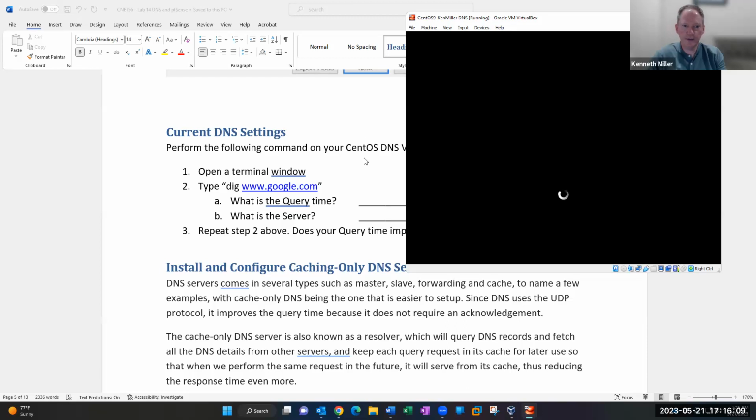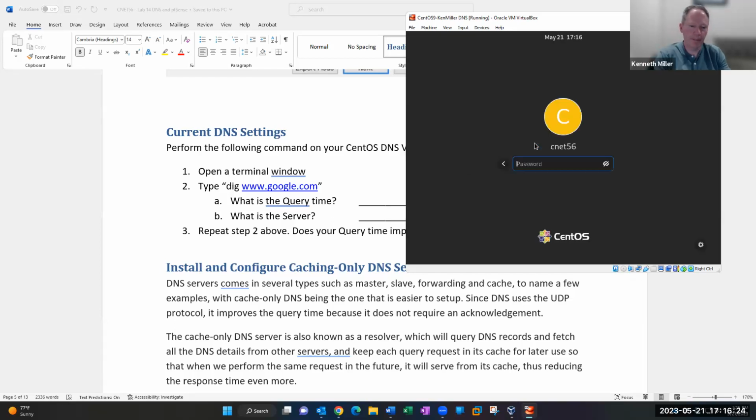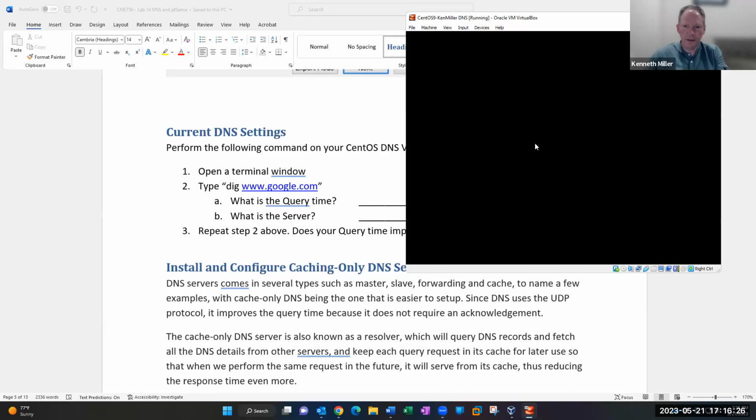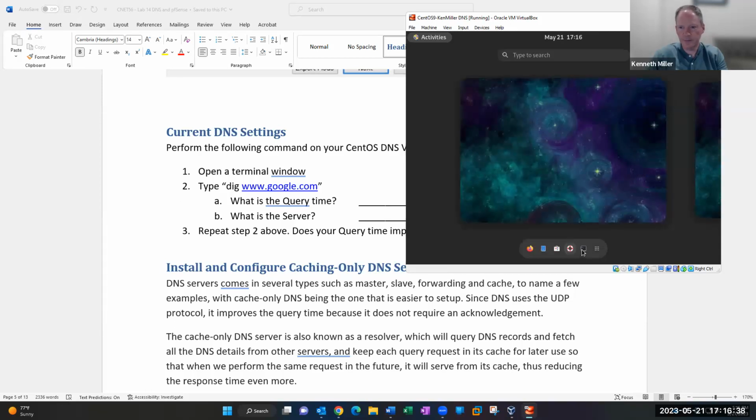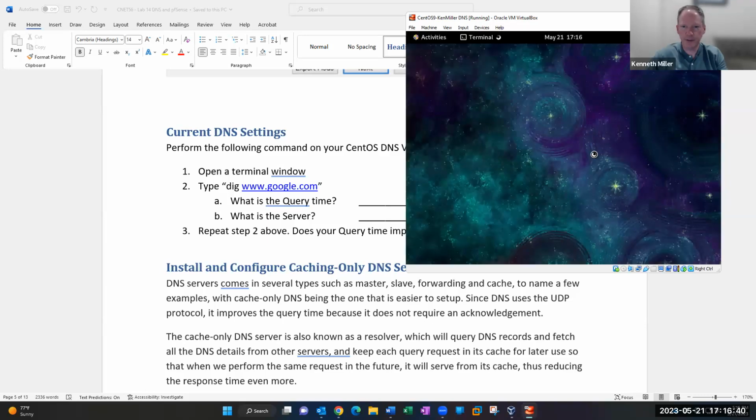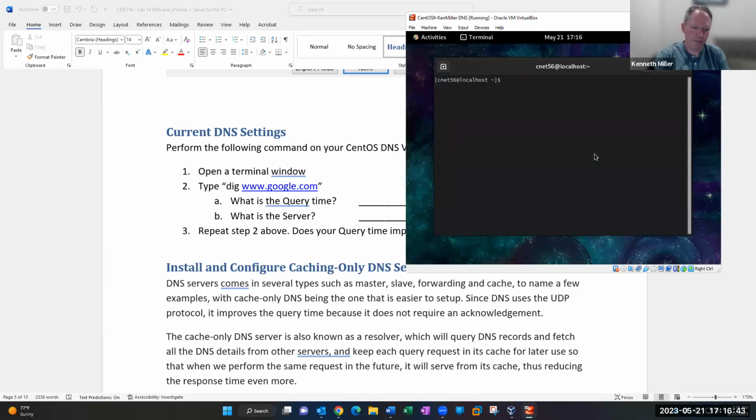And what we're going to do is look at, in the dig command in Linux is similar to the nslookup command in Windows, where it will show up the information for who has the information for www.google.com. All right, so I'm going to open a terminal, and I'm going to type dig